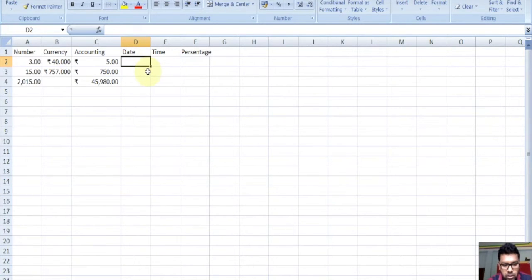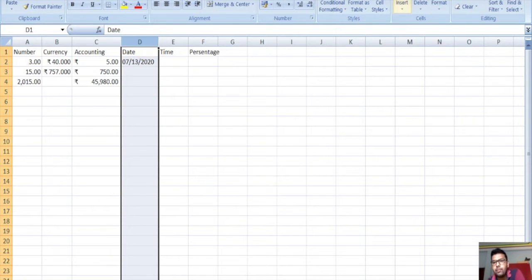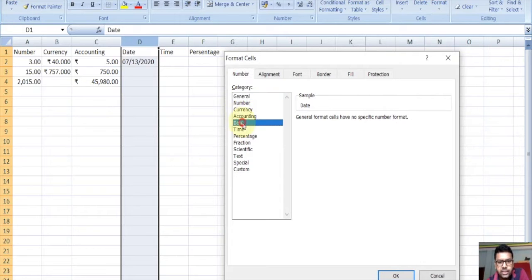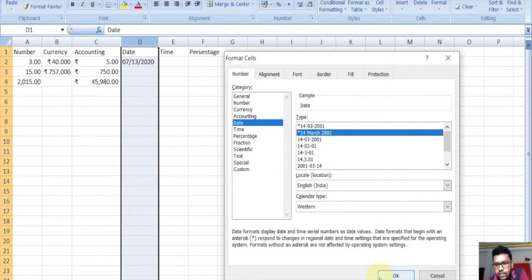Suppose we give the date 13th July, and we select the column and format it as date, and this type of format we want in the total column. Just click on OK.